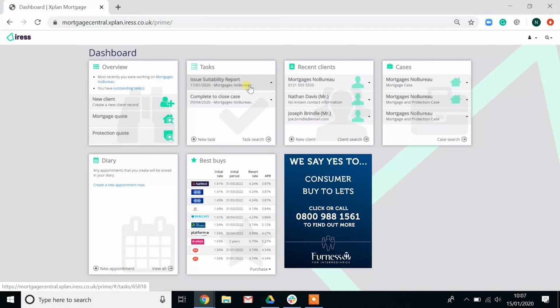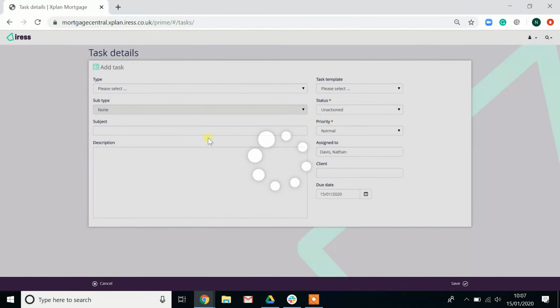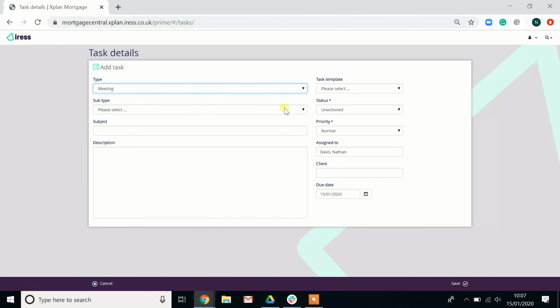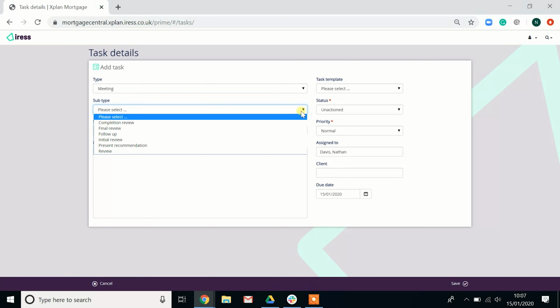The next section you have is the tasks. So these are tasks that you have to complete. You can complete them by selecting the drop down and marking as complete once you have completed them. Within here as well, you can select new tasks. So if you have something coming up that you need a reminder or a task, you can select by using the drop down